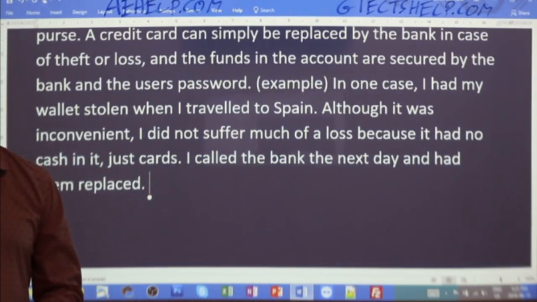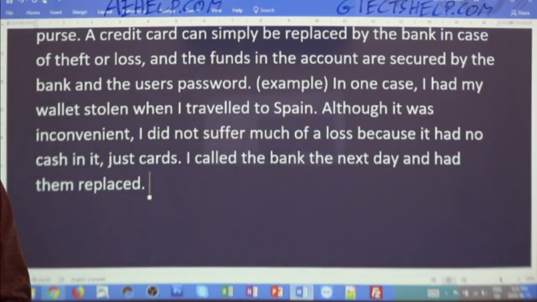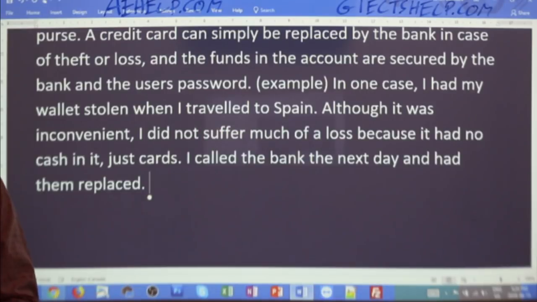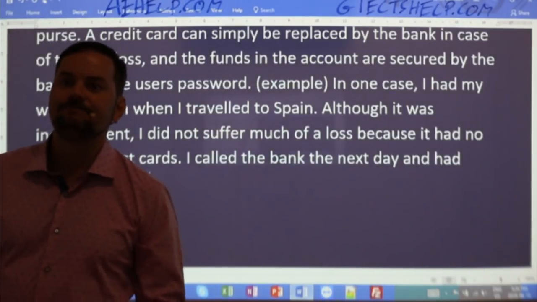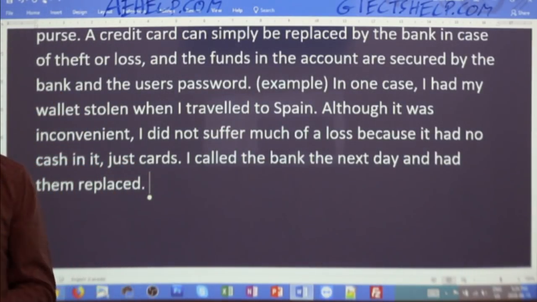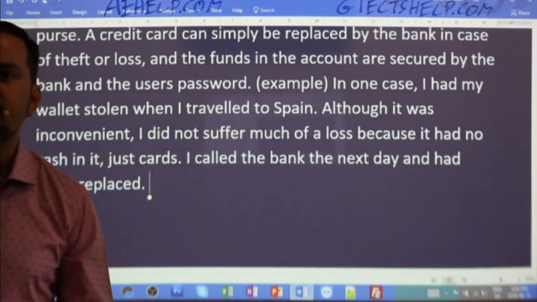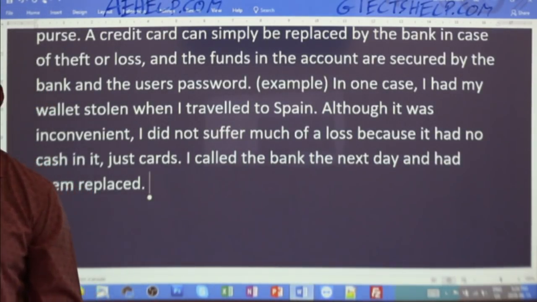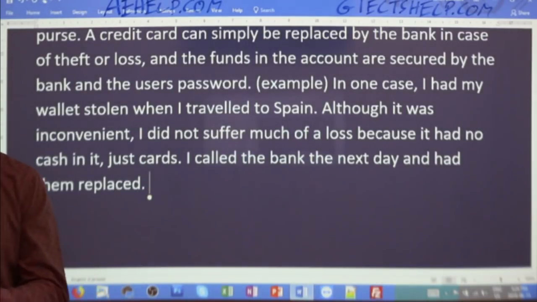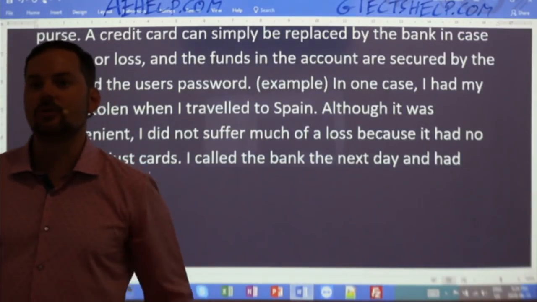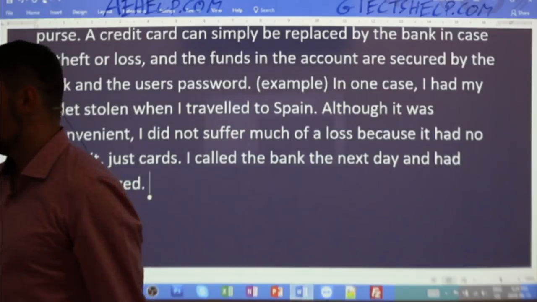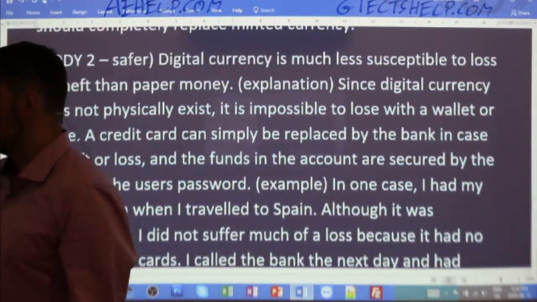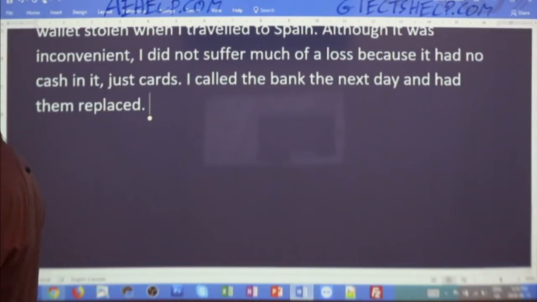Yeah, Jubilant, that would be okay. Absolutely. Because if you tear or if you burn paper money, there goes your money, right? It can't be replaced. Yeah, for instance, I lost my wallet the other day at the supermarket with all my cards. I didn't worry too much. Remember, don't use contractions. I did not worry too much. I just had to call my bank and block my cards. Sure, so all of those. So now you're coming up with some good, solid examples there. Okay, and then